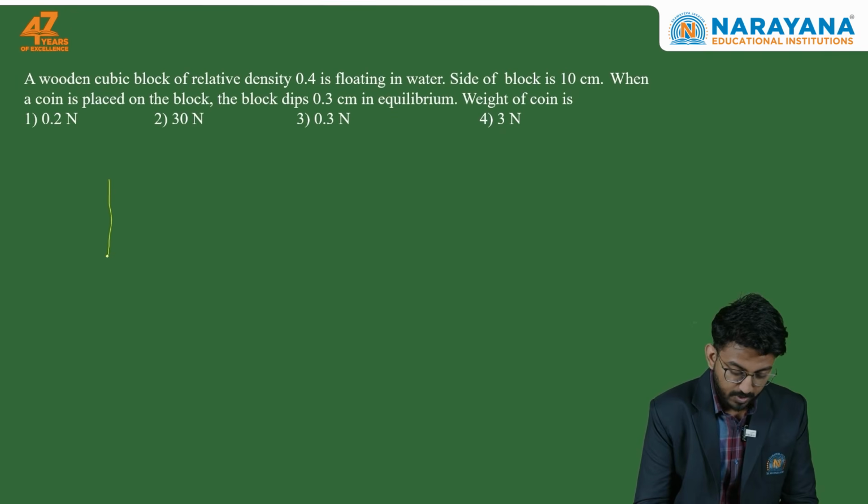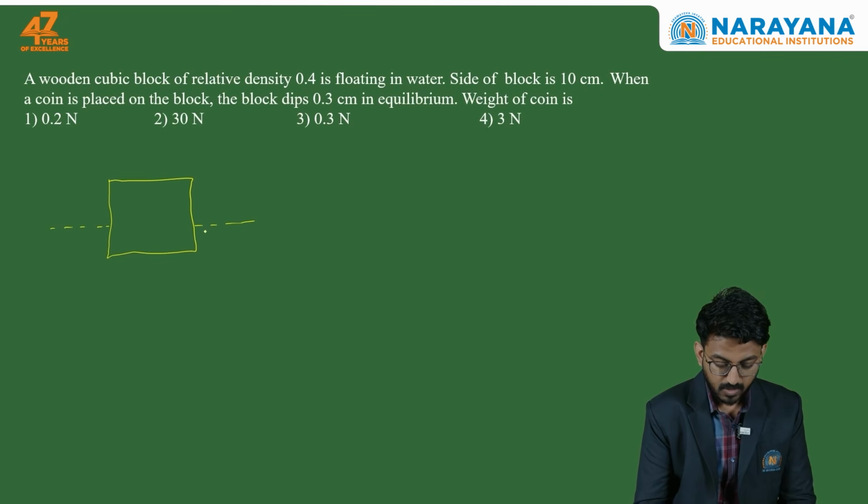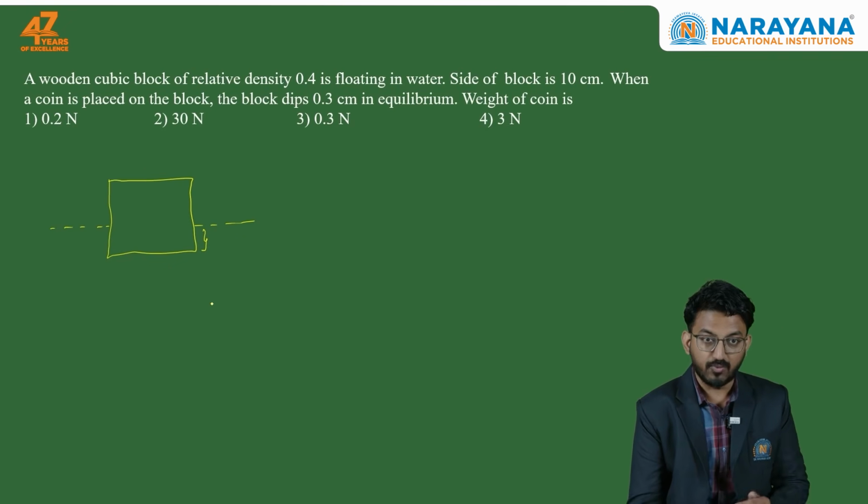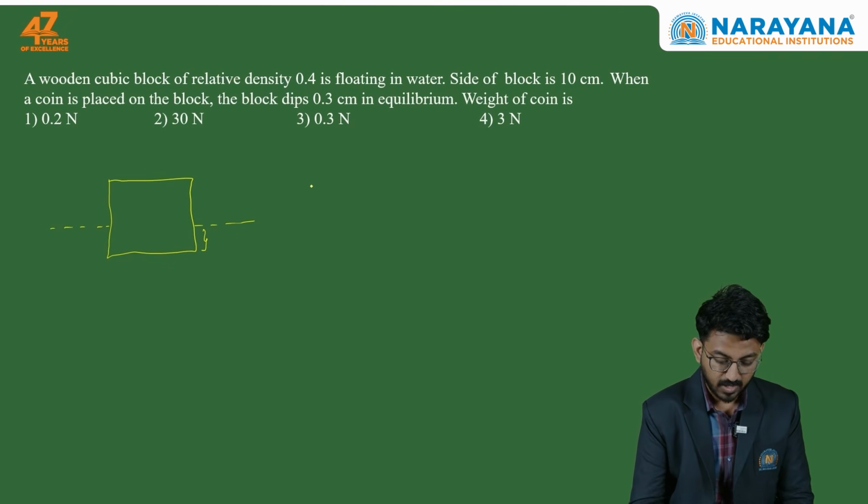So we have a wooden block already floating in water with some length already inside here. And then we are putting a coin over it, and because of which the block goes down further by 0.3 centimeter. So we can apply